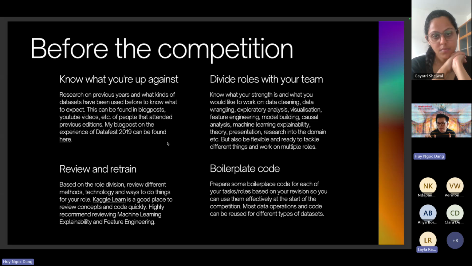Right? So it's only 3 days, and the first day is usually very chaotic. You don't know what's going on. You're given the challenges, and then everybody is doing their own thing. And so it's basically valuable time that will be wasted if you are only discussing your roles and responsibilities on the day of the event. So I would highly recommend to sit together with your team and discuss your strengths and weaknesses. What do you want to do?